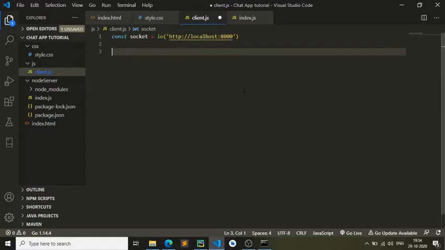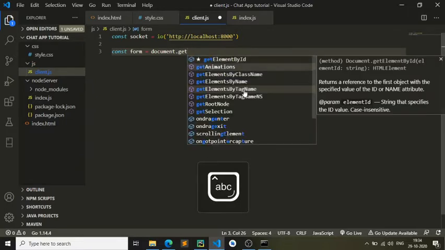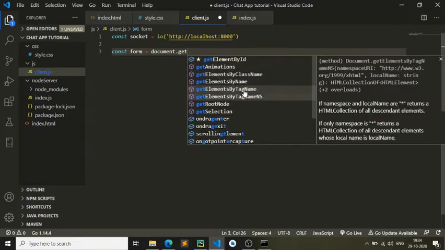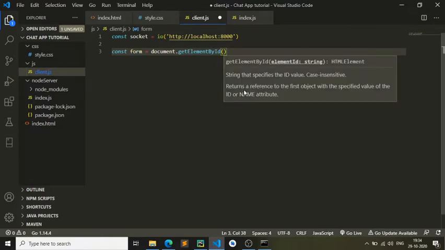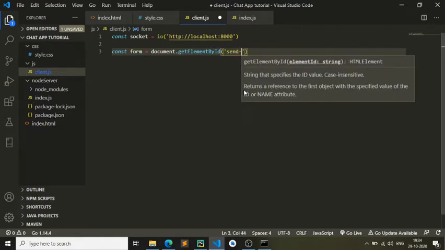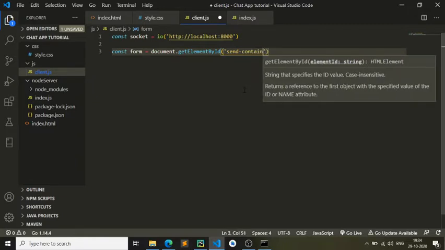Alright, there we go. Now let's get the form. I'll go const form is equal to document.getElementById. It will get the element by the ID that was given to the element. The name was send-container,